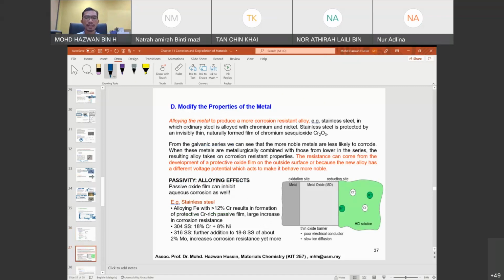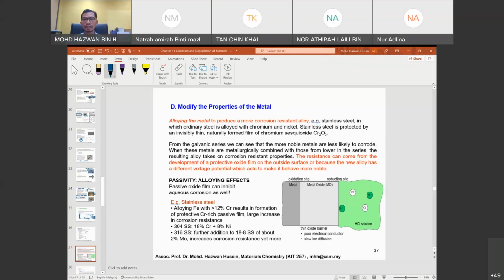So still at the same part, modifying the properties of the metals. All the while we are talking about examples of alloying. So we know that by making the metal become an alloy, you incorporate more than two types of element into the metal,